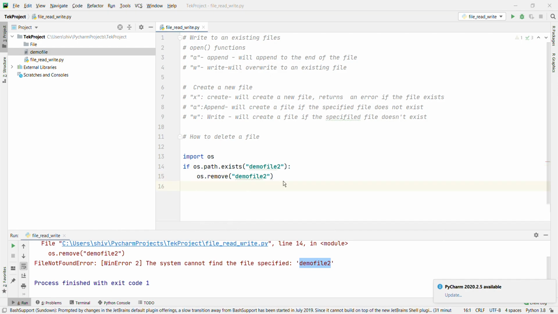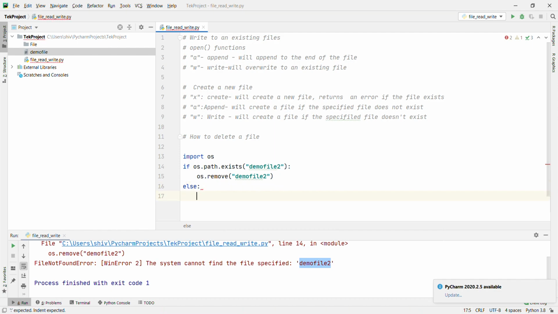Okay, else we have to use print, the file doesn't exist, okay, in the specified path.